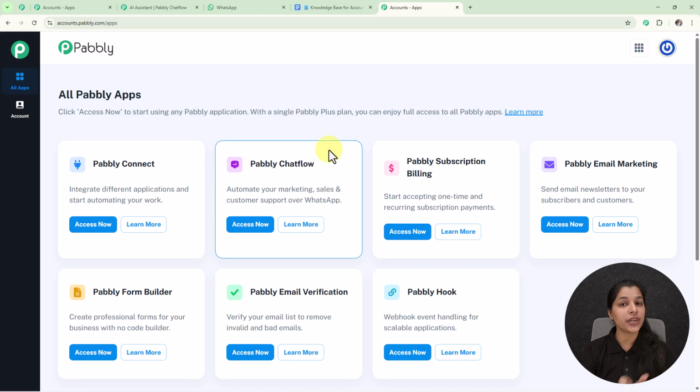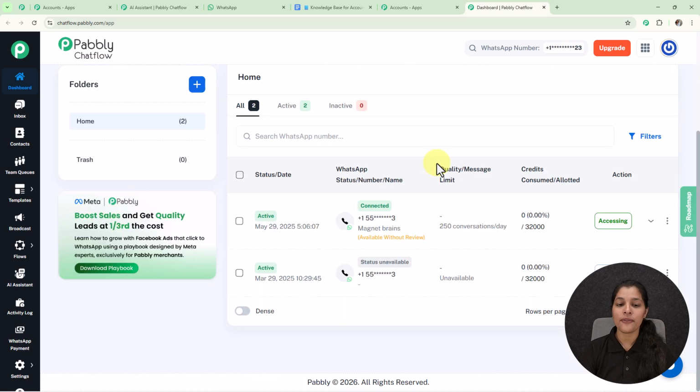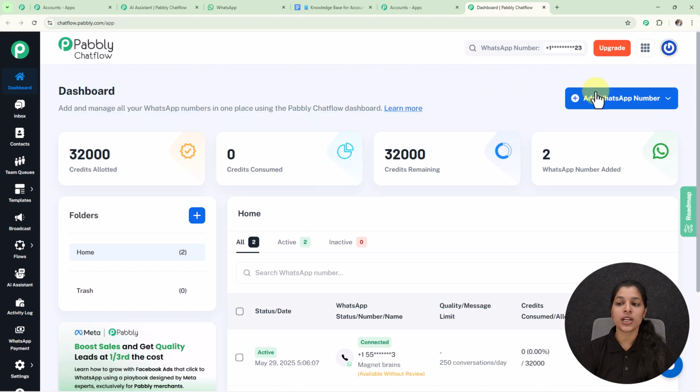And as we are going to create an AI assistant, we have to access this Pabbly Chatflow app. So now let's click over this access now button, and here we have landed on the dashboard page of Pabbly Chatflow, where you can see these are the numbers I have connected to my account. And if you also want to add your WhatsApp number, then you just have to click over this add WhatsApp